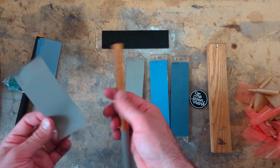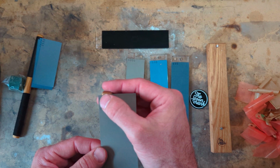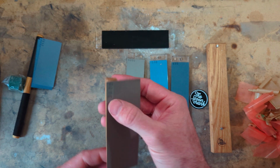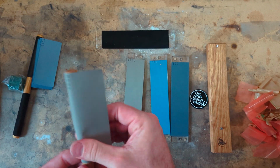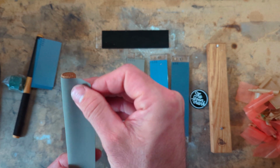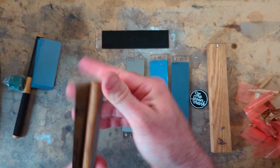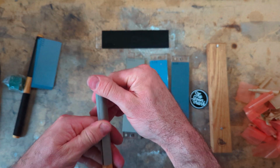Now, the elephant in the room for me, and I am sure that this will be other viewers' thoughts as well, is that this is a disposable style of sharpening. I use diamond stones as much as I possibly can because I don't like the disposable nature of sandpaper. That being said,